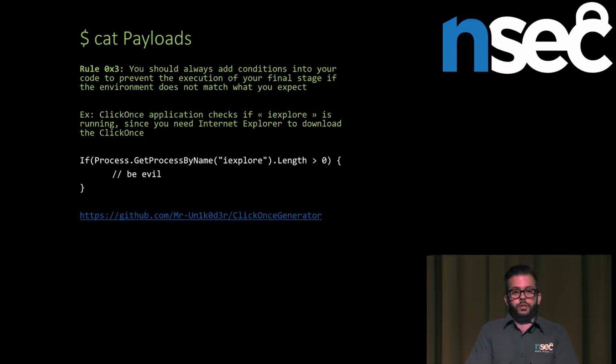The problem with sandboxes is that they're fingerprintable and predictable, right? Because you know for a fact that this is not a real environment. This is something that is faking an environment and trying to see what's going on with your malware. So there are a lot of tricks that you can use to prevent your code from running on sandboxes.